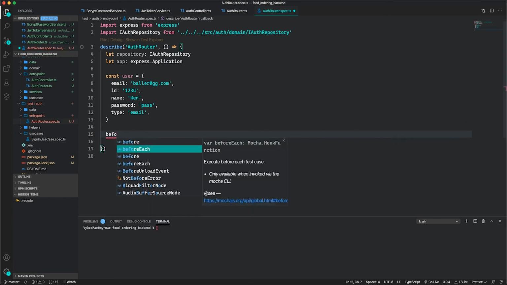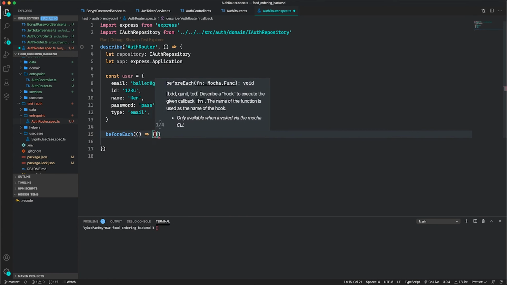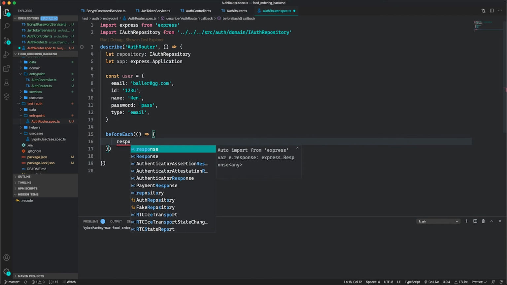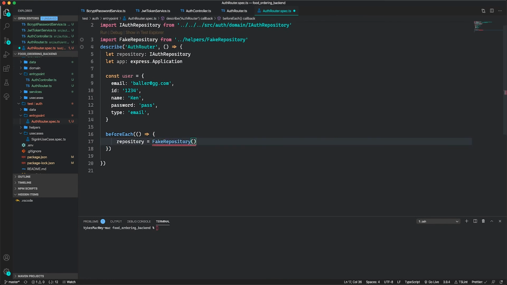So before, using the before each hook, before each test, I am going to say repository, I'm going to use my fake repository, new fake repository,